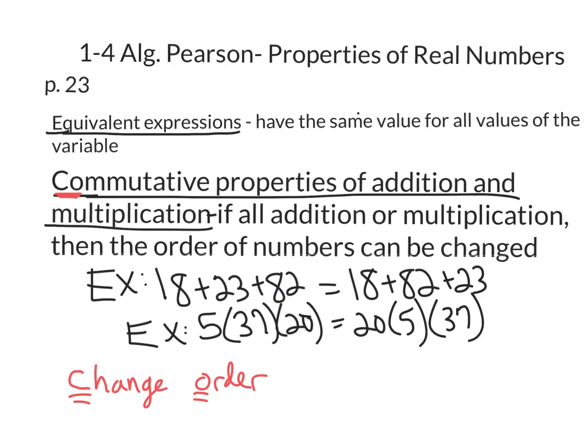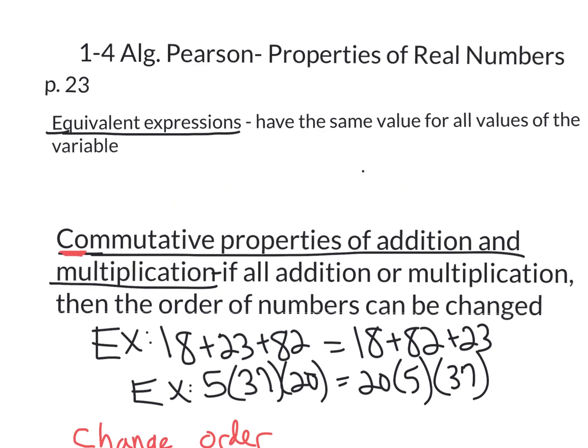Lesson 1.4 is on properties of real numbers. So if you look on page 23, a couple vocabulary terms here. One is equivalent expressions. Equivalent expressions have the same value for all values of the variable. So one way to think of equivalent expressions is that they are things that if you simplify them, they're equal